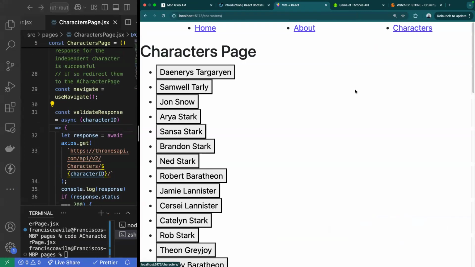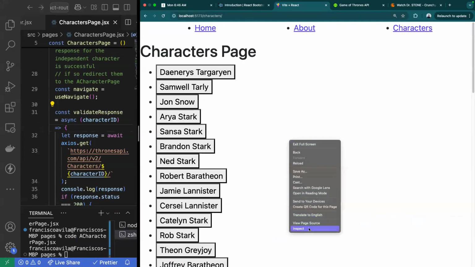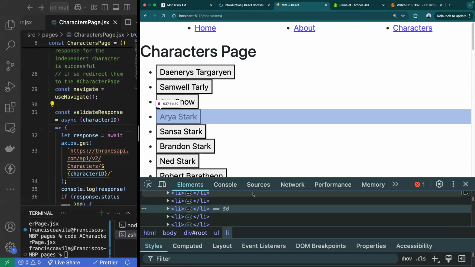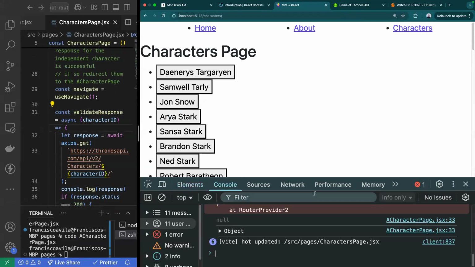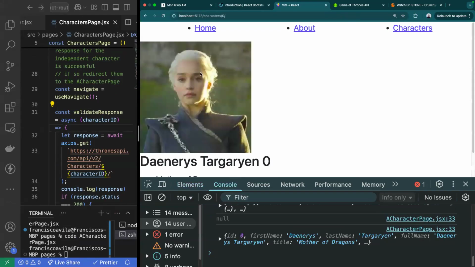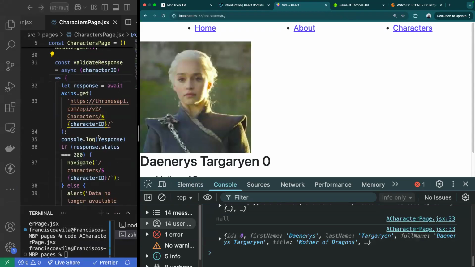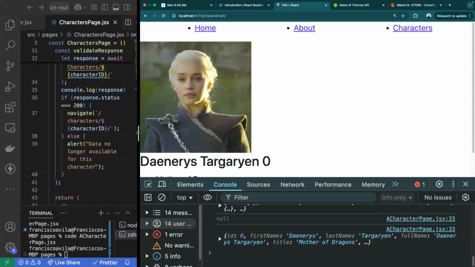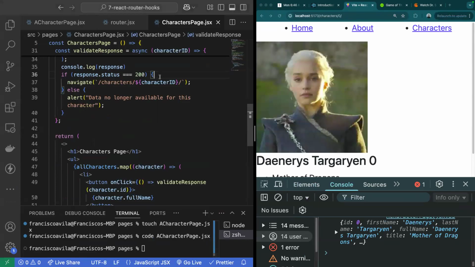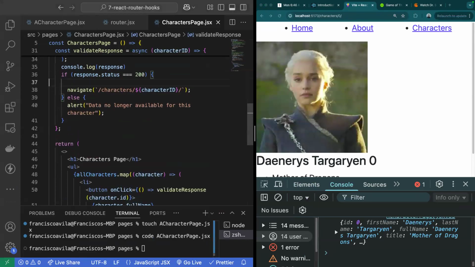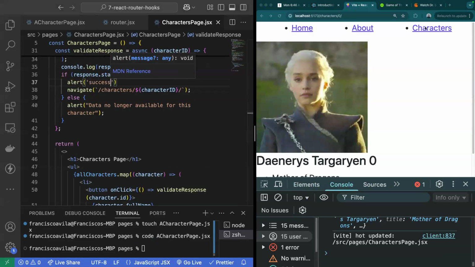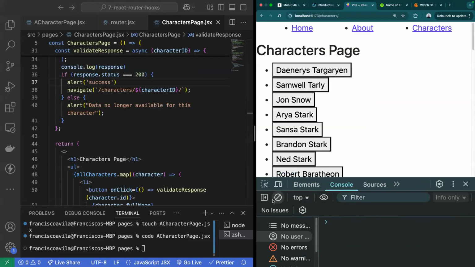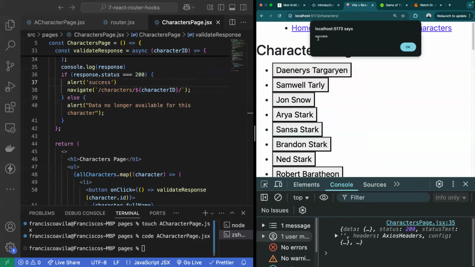Go over to characters here and open up the console. Okay, there's our warning. Click on Daenerys Targaryen. Oh, I did not uncomment that alert. Redo this portion here. All right, click on Daenerys Targaryen. So we get a successful